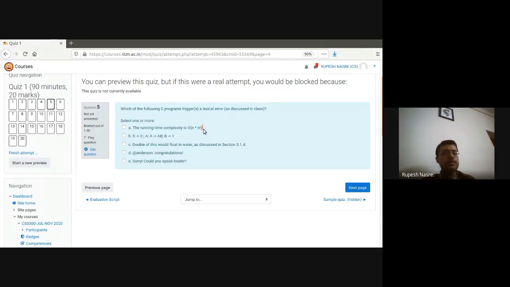The dot part is a little tricky because there are two ways in which dot can be interpreted. One is the floating point number, in which case the whole floating point number will be identified by the lexical analyzer, and this particular expression definitely does not match floating point numbers. For example, I can say "2.", that is a valid number. But "O opening parenthesis something closing parenthesis" is not a valid real number.